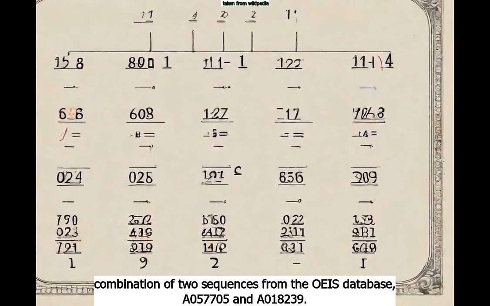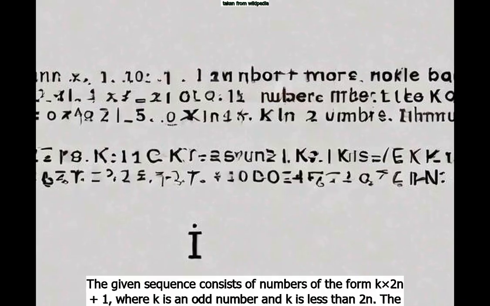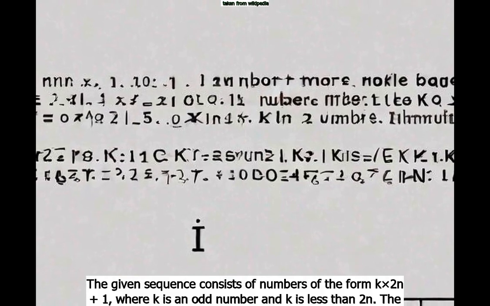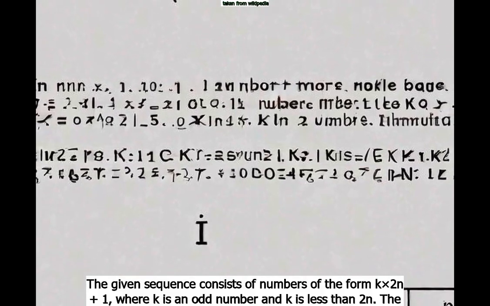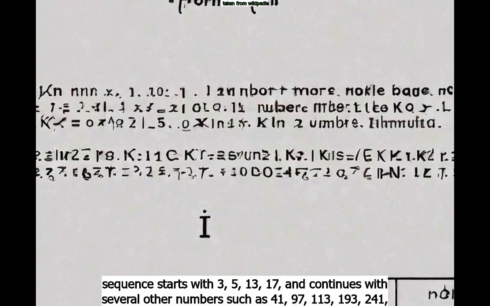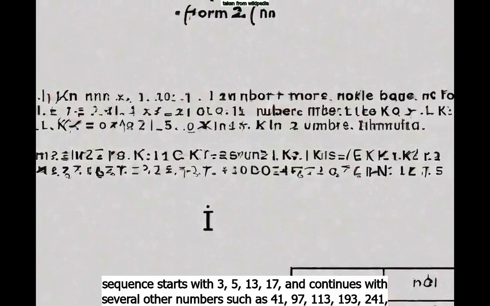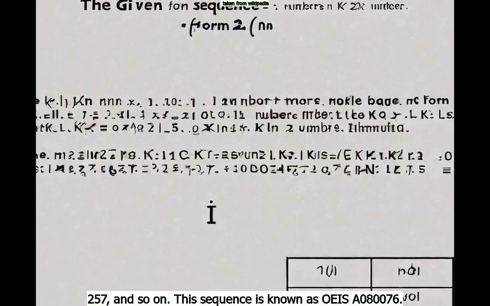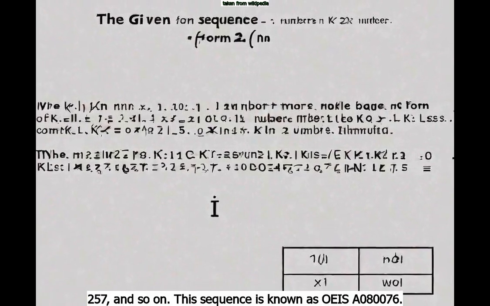A057705 and A018239. The given sequence consists of numbers of the form k times 2 to the power of n plus 1, where k is an odd number and k is less than 2 to the power of n. The sequence starts with 3, 5, 13, 17, and continues with several other numbers such as 41, 97, 113, 193, 241, 257, and so on. This sequence is known as OEIS